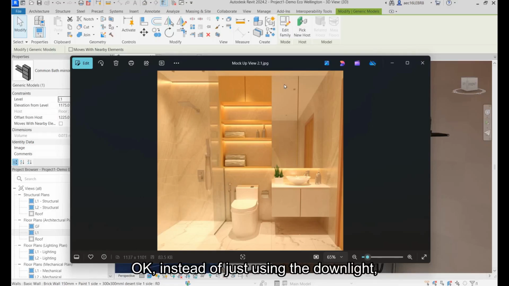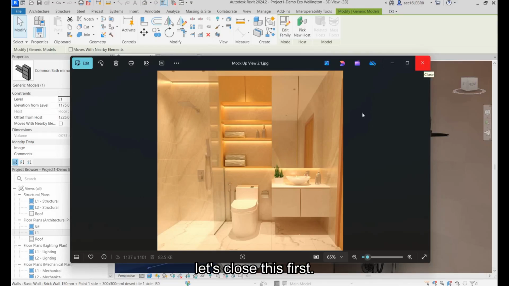Instead of just using the downlight, you didn't highlight the furniture of that toilet, it will look dull. So how do we add in the LED strip light and adjust the light length according to what we want? We're going to show you in this session.